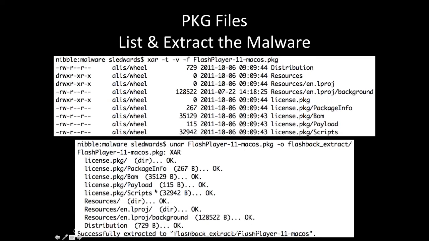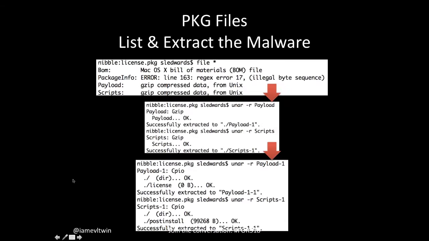So I unarchive everything, and let's see what I got. Right off the bat, I have this BOM file. This is a bill of materials. This is expected. It's basically a receipt of what was packaged up in this PKG file. We have this payload and scripts over here. Oh great, now we have gzip compressed data. So we go from package to gzip. So I'm going to use unar again. It's very versatile. It'll pretty much unzip everything. And we unarchive the payload and scripts